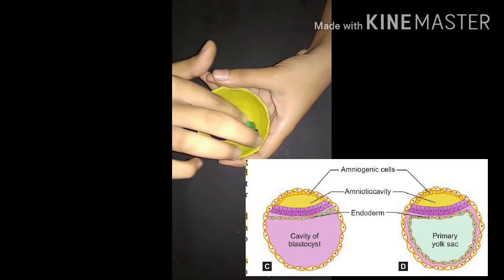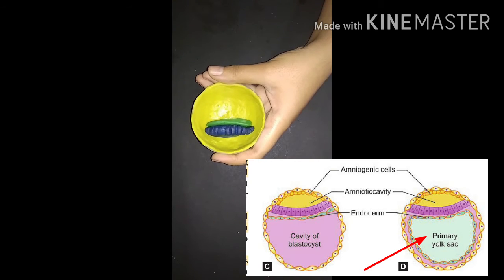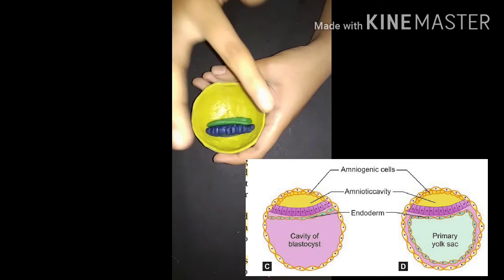Now let's discuss the formation of the primary yolk sac. So the flattened cells of this endoderm spread all over this trophoblast and they form a cavity. So let me represent it. They spread basically in this manner. They spread all over this sphere and they form a cavity which is nothing but the primary yolk sac. Let me represent it. It occurs in a similar manner. In this way, the cavity lined by the endoderm from all sides is formed, and this cavity is nothing but the yolk sac.